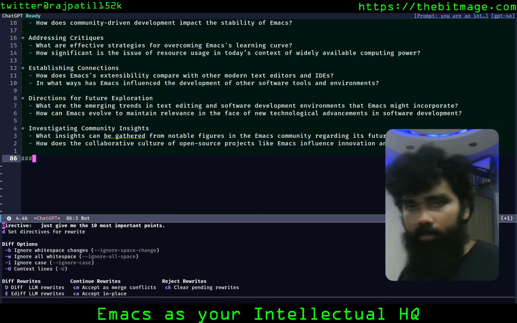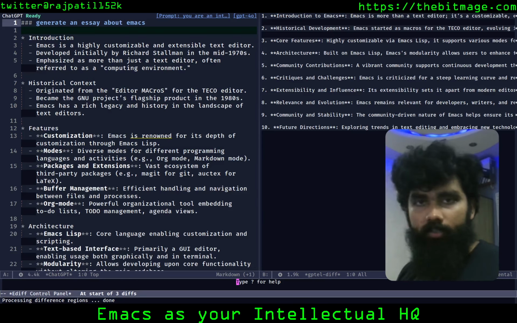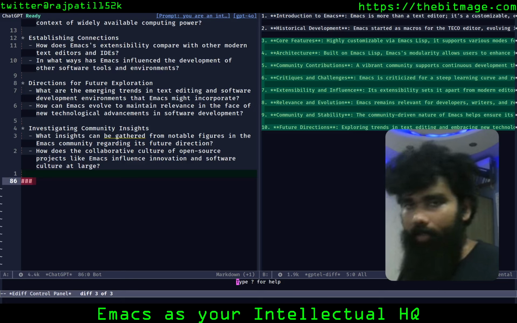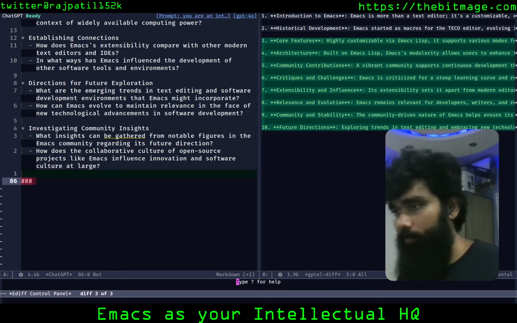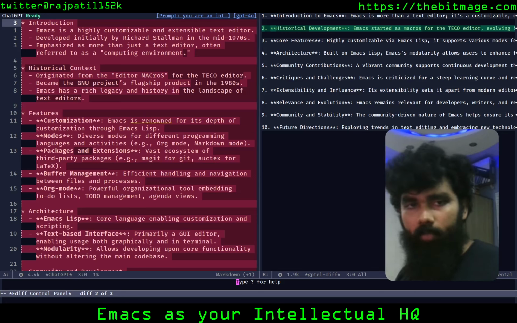Now, Ediff is a very interesting tool that allows you to actually see what the LLM sees. Right now, this is not a good example for Ediff. Ediff is particularly useful when you want to, say, comment your source code or refactor your source code, which is a very good example for using Ediff. I'll probably show that to you as well after this.